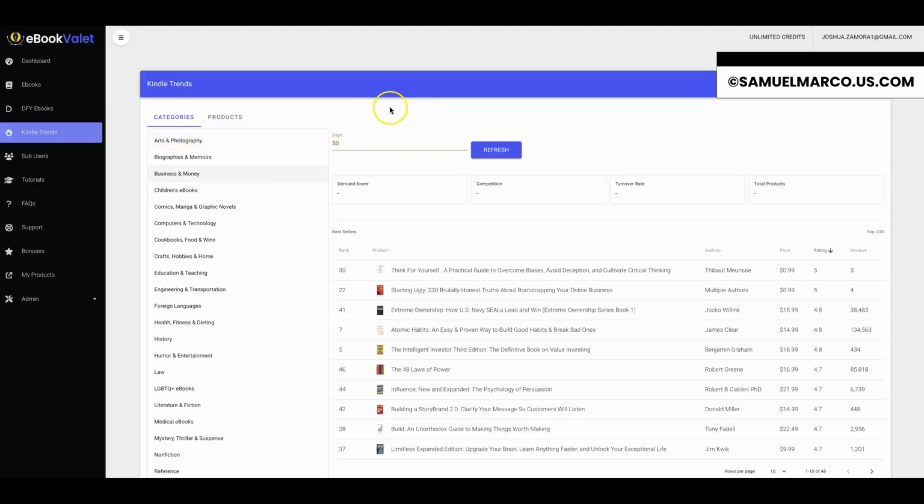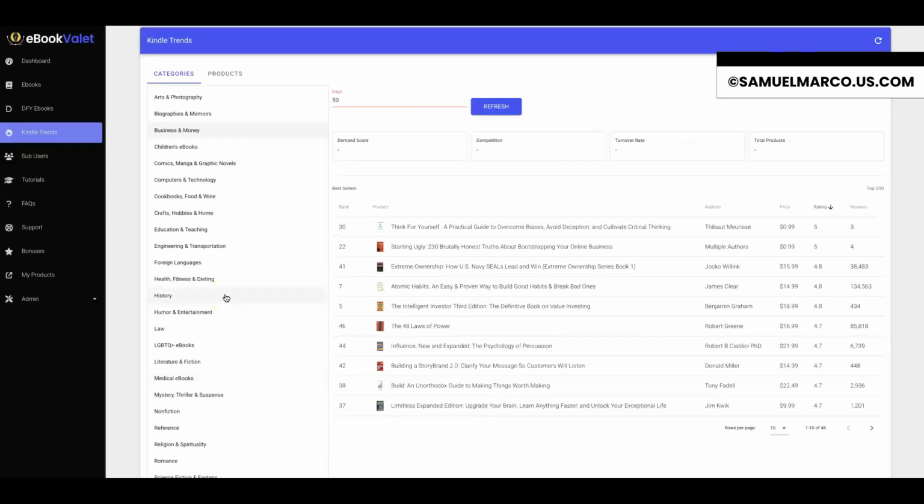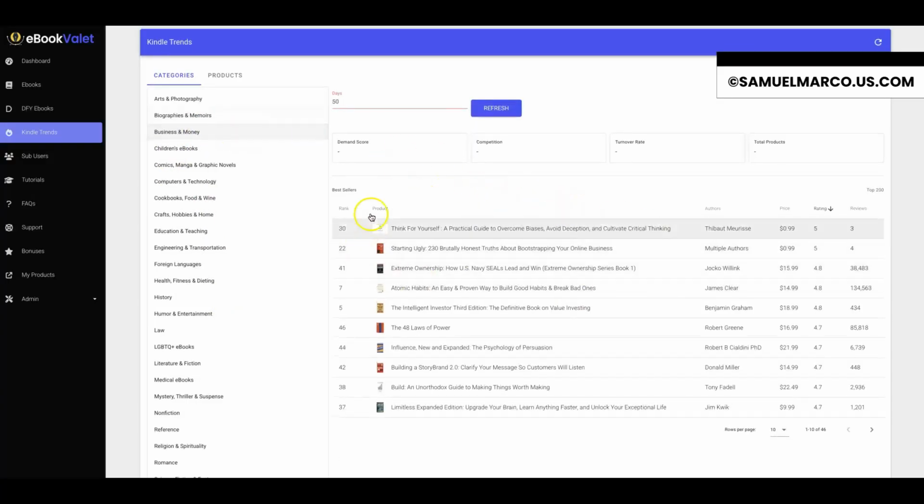It allows you to pretty much get a magnifying glass and put it right over all of the Kindle books that are selling right now, and figure out what's selling, so you can just go ahead and replicate it, or just to get ideas of what you can create your ebooks around that are going to sell. Okay, so we have every single category built into here that you can get this very vital data for. So you can always just click through to any category, and you'll see all the books that are currently selling